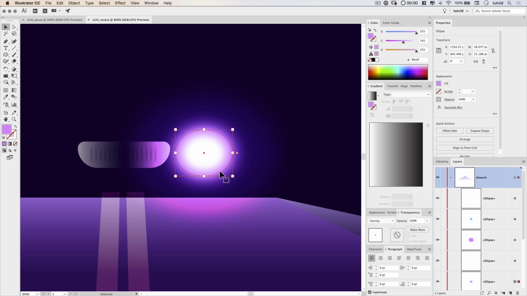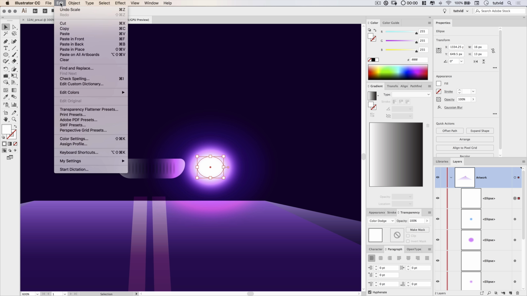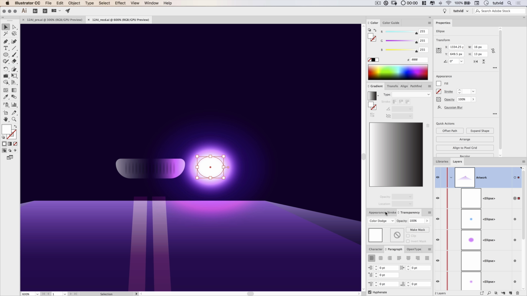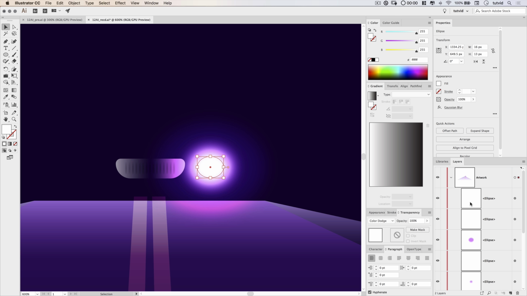We've created the base of the glow of the headlight, sort of the middle punch, the thrust of the headlight. We need to create the flare to really add the atmosphericness of the headlight and help sell it a little bit more. So I'm going to select the very top ellipse, just that simple white blurred ellipse, and we're going to copy that, Edit, Copy. And we are going to paste this in back, but I want to make sure I paste it in back and then drag it all the way down below all of these shapes. So now it's sitting underneath the rest of my car headlight shapes.